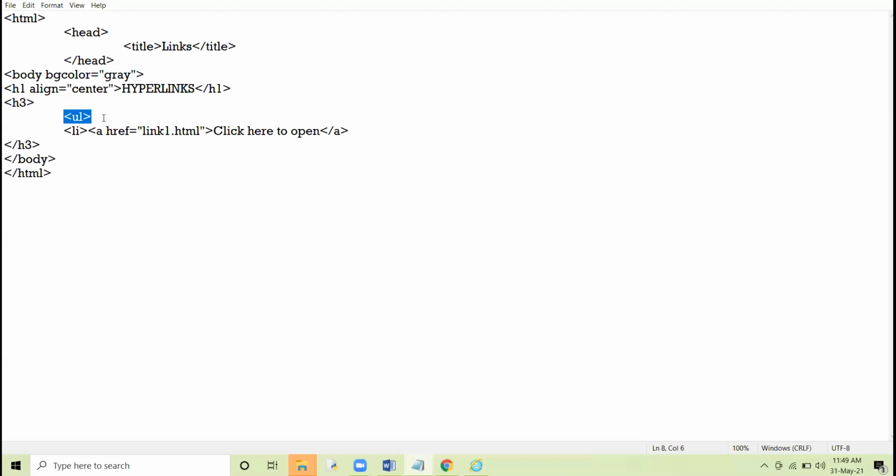Normally the way you take the unordered list, the list item tag, after the list item tag you type the command of hyperlink and then close the list item. Then second list item, and I am creating one more hyperlink here, page2.html.